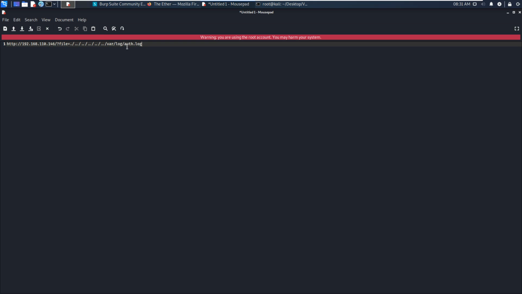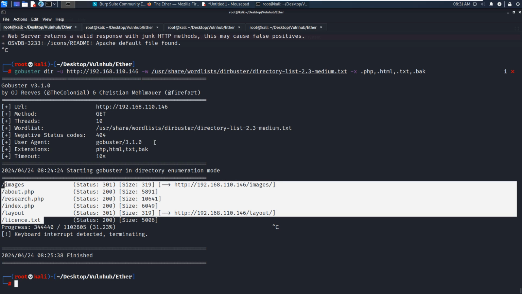Okay, so how to do? Let me show you what I mean. Now we have already got the URL, and then we need to insert or manipulate the malicious username or payload into the log file. How to do? We can use SSH and a PHP one-liner of PHP and system and